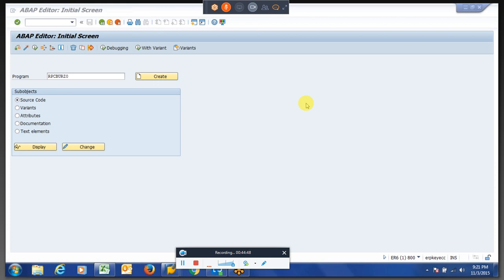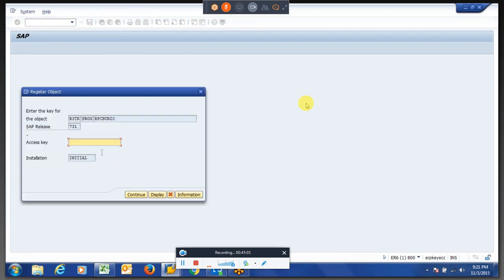Whenever you are creating a payroll function, there should be a form routine within this program. Moreover, this is the SAP standard program. It won't allow you to change it; it will ask for the access key, which is the object key for this particular object. Previously, in the 4.7 server, we requested an object key in SAP Marketplace, and they gave an object key. The same key we put here, and we modify the standard program given by SAP.